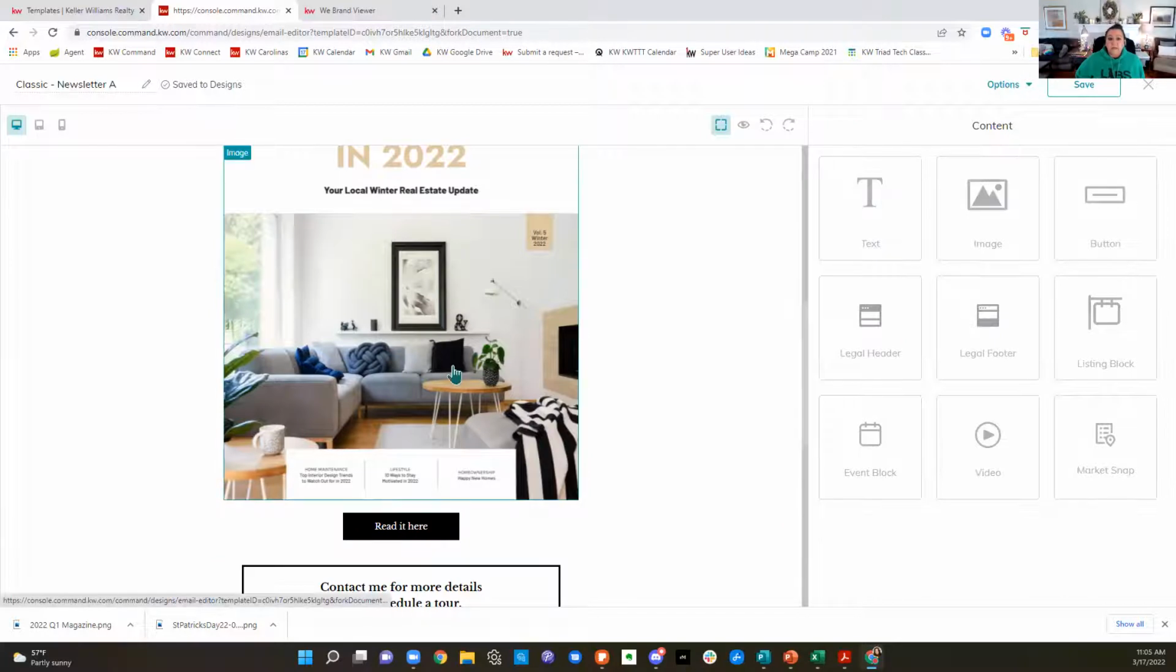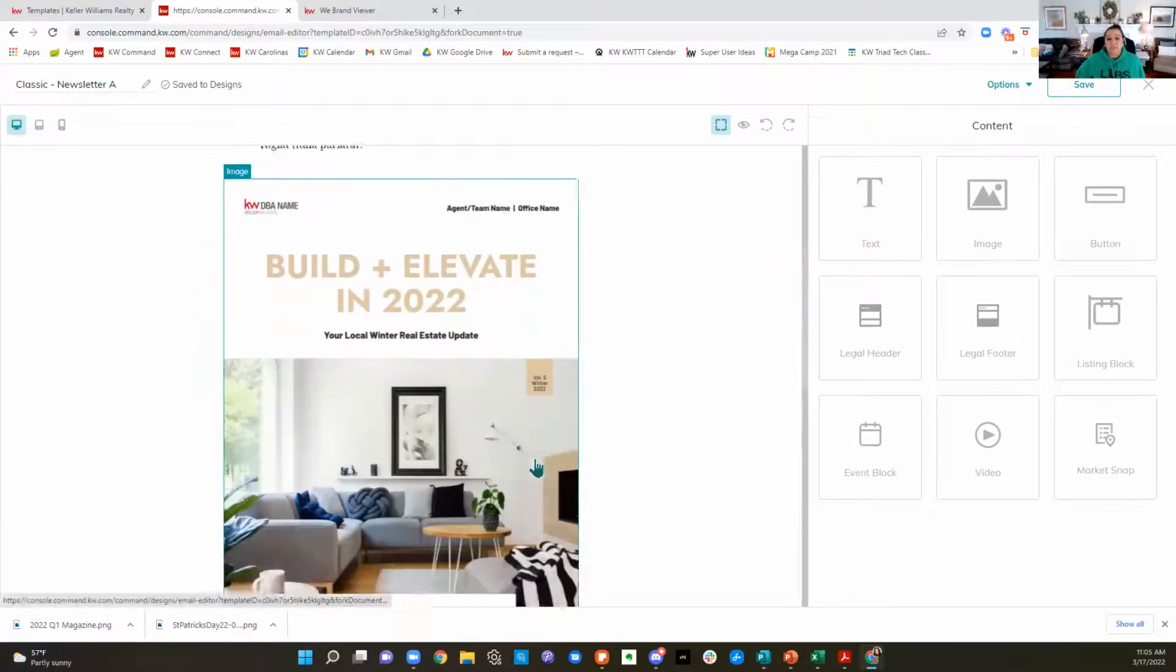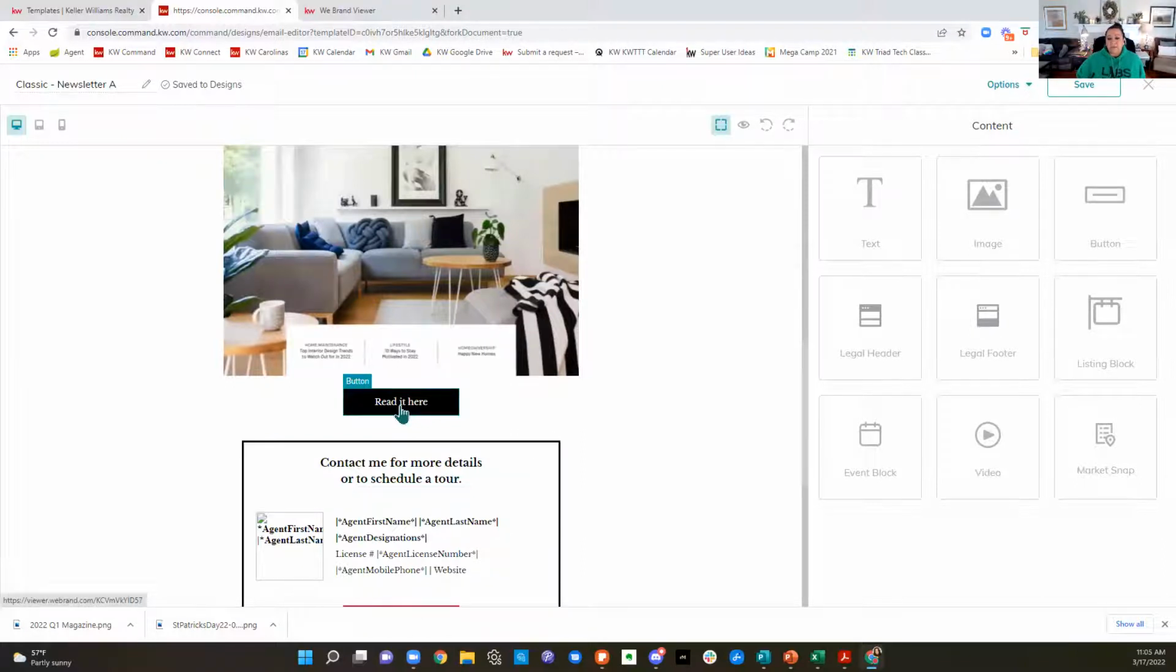So now here's my new magazine. Da da da da da. Hope you're doing well. Blah blah blah blah. All the happy things you're going to say to your people. They're going to get to see a cover of the magazine and then click read it here, and it's going to open up that digital copy. So if you wanted to email it for it to look pretty,